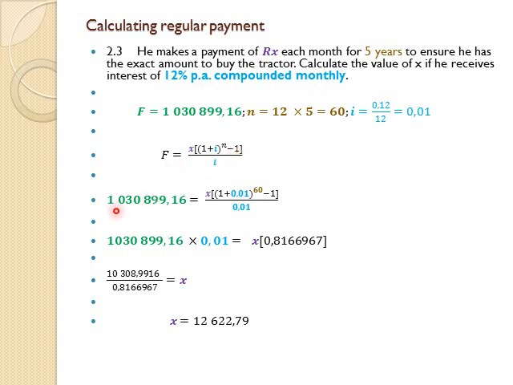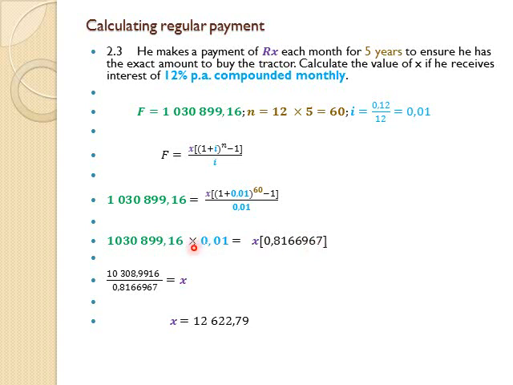So F, 1,030,899 rand 16 equals X[(1 + 0.01)^60 - 1] over 0.01. Always multiply the denominator away, so that times 0.01. We simplify 1.01 to the power 60 minus 1, which gives me